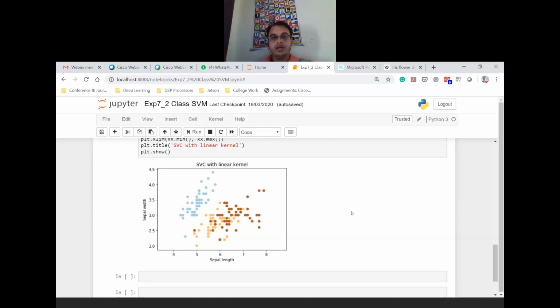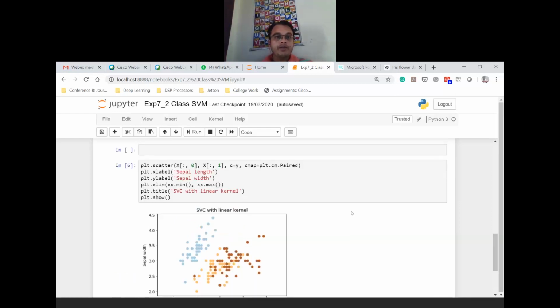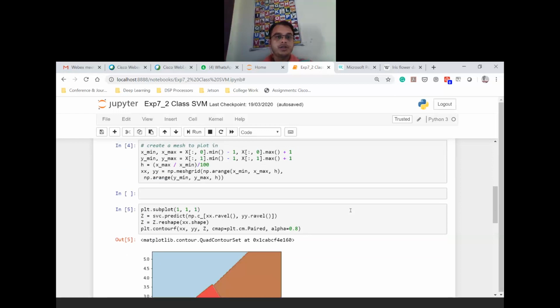Okay, now from the available set of features, how to go for multi-class verification? That will be another part. Okay, so this is the only part that we were supposed to discuss in today's session. So hereby I am ending this session from my side. That is, almost you have understood what we mean by SVM, what we mean by support vector machine, and how to classify the different classes using the available set of features.